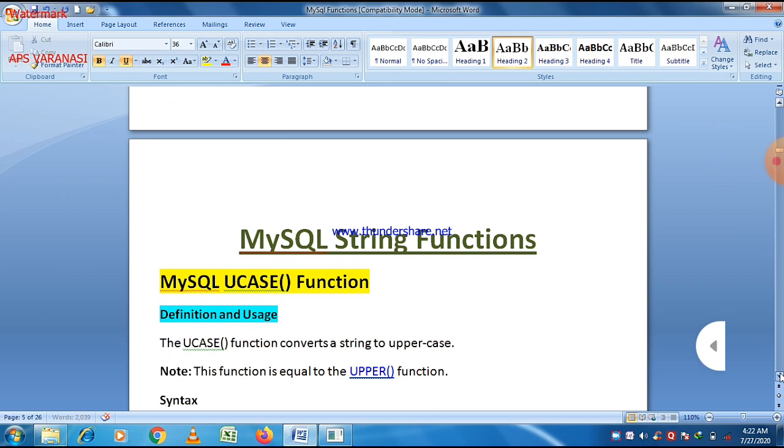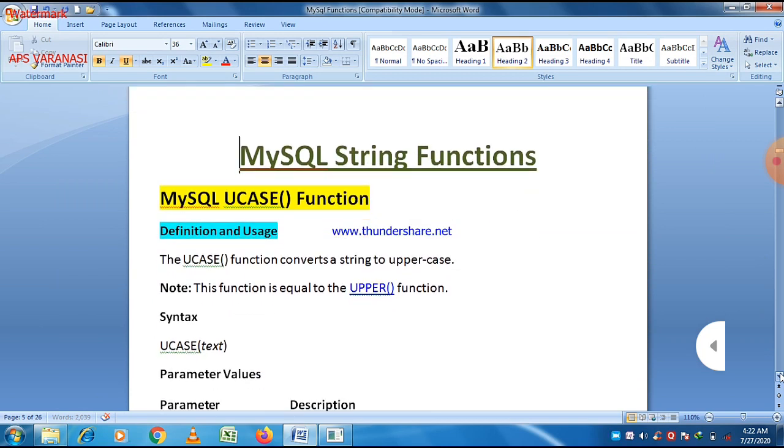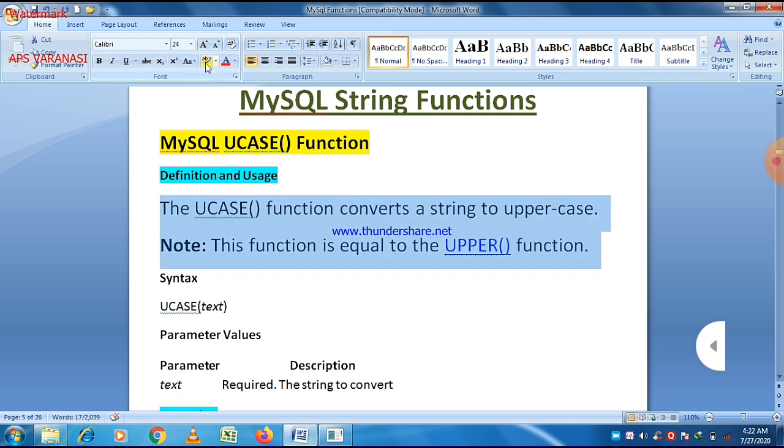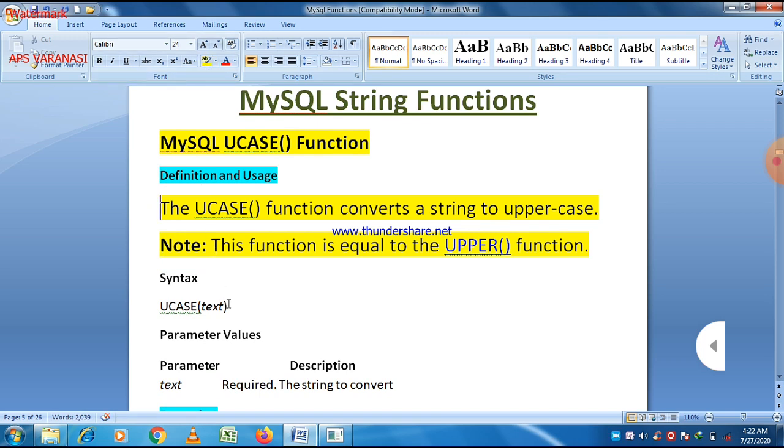Now our second topic is MySQL text functions. In this lecture we will discuss only two of them, and these are UCASE and LCASE. They mean uppercase and lowercase. If you want to put a string into lowercase or into uppercase, for that purpose there is a function UCASE, and the use is very simple.